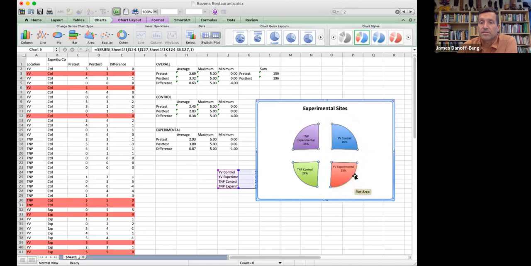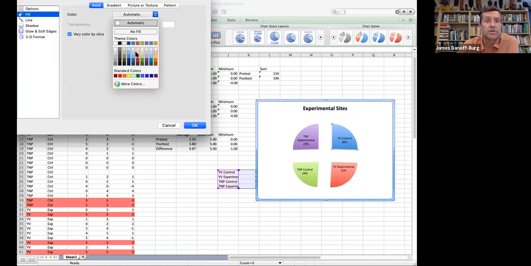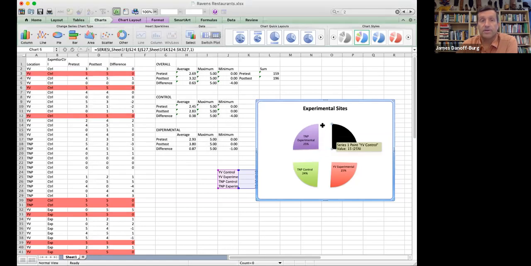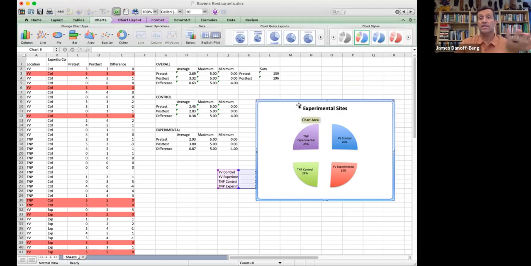There are a lot of different options and things that you can do. Play around with your screen. You can change the colors of each of the areas. So you format the data point and change it from that color blue to, say we want that one in black. I don't know why we do that, because then we've lost the text, but that's what we did. And of course you can hit Control-Z to reverse that if you're on a PC. So that's how you make a pie chart. Very simple. Now let's go back to our data sheet, or our program, PowerPoint show,